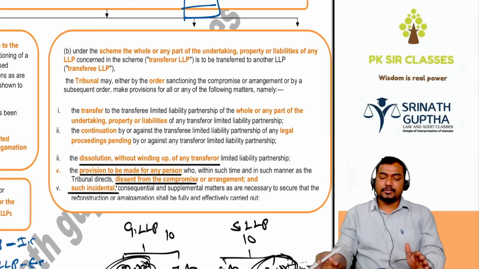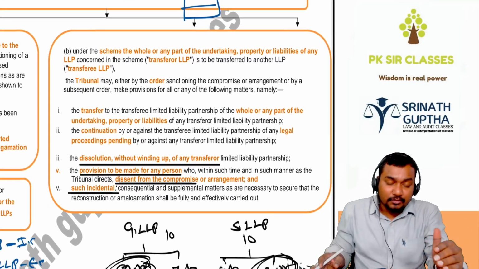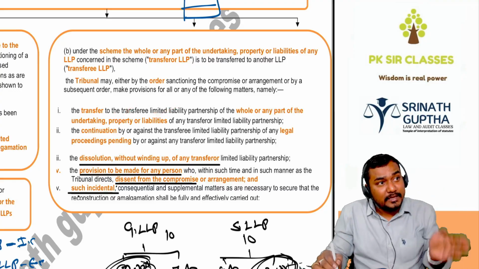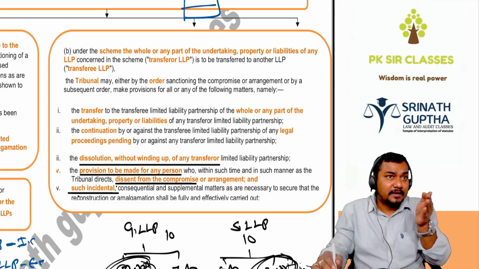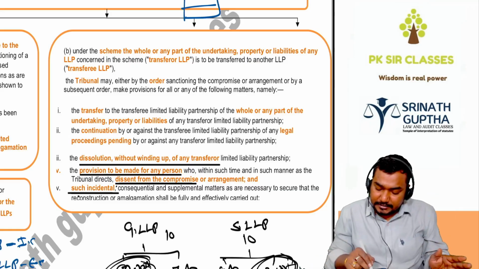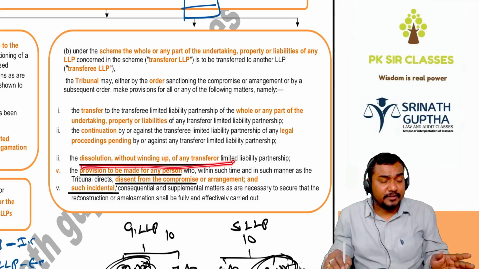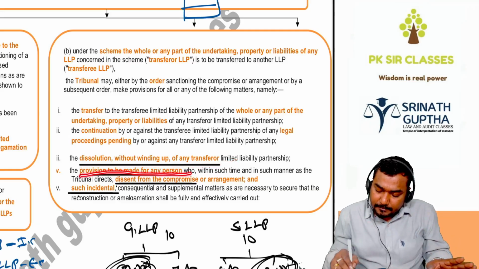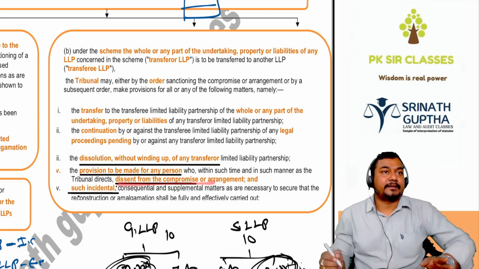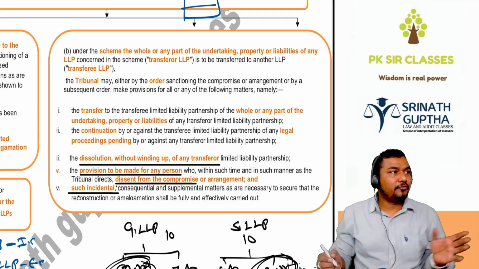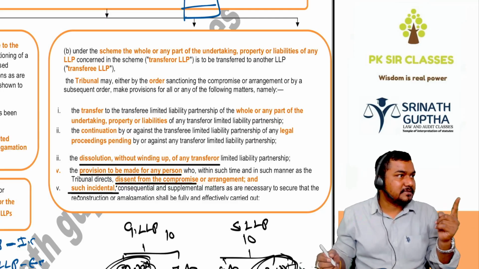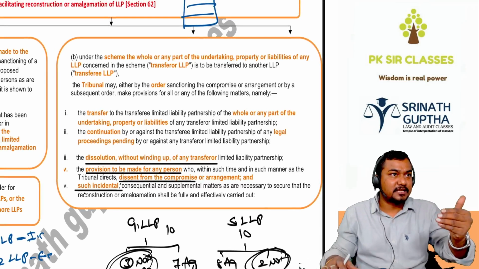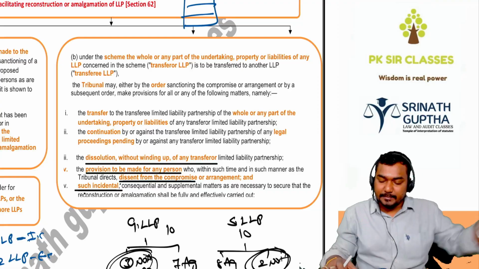When we are making the application to NCLT, no beta, NCLT may order for the transfer of assets and liabilities from the old LLP to the new LLP. Dissolution of the old LLP happens without any process of winding up. And provisions are made for the dissenting partners. Out of 10 partners, 9 partners are agreeing, 1 partner is not agreeing. So we have to give the provision that the partner will be repaid his principal, we will pay his interest and share of the profits also, and he may exit.